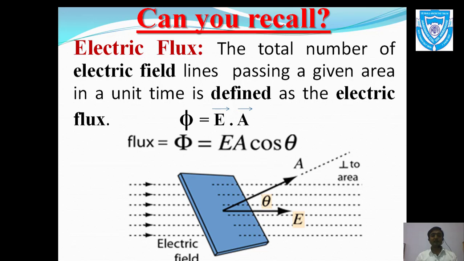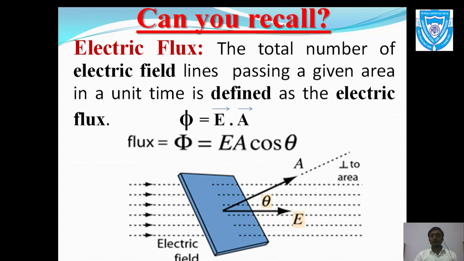What is area vector? Suppose we have a surface and we draw a perpendicular to it, that will be called the area vector. Whichever surface we have, if we draw a perpendicular to it, that perpendicular is called the area vector. The surface can be like this, then the area vector will be perpendicular to it. If this area is just like this, then the area vector will be perpendicular to this. By this we can say that simply the perpendicular drawn to the surface is called the area vector.